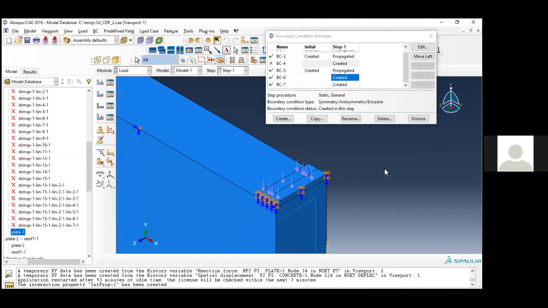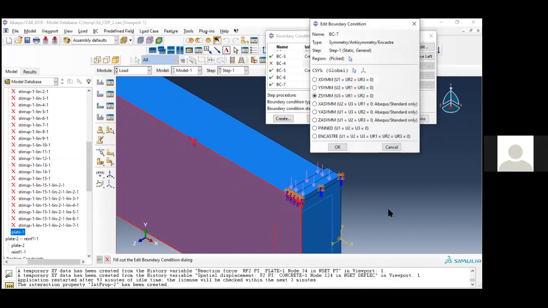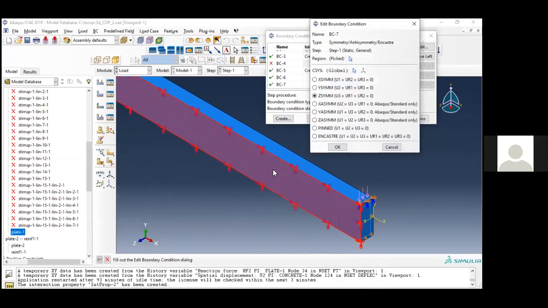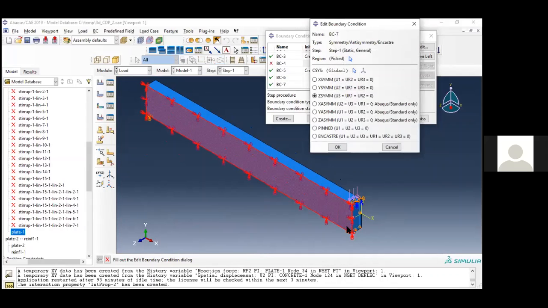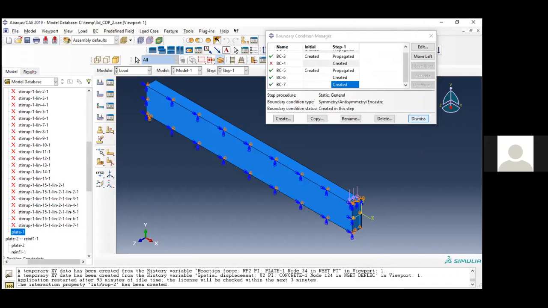The last boundary condition is for this face. Since this is the quarter model, I have given u3 as 0. You need not look into ur because this is a 3D element. You are not having any rotational degrees of freedom. So displacement along the third direction is 0. So once you assign all these boundary conditions,